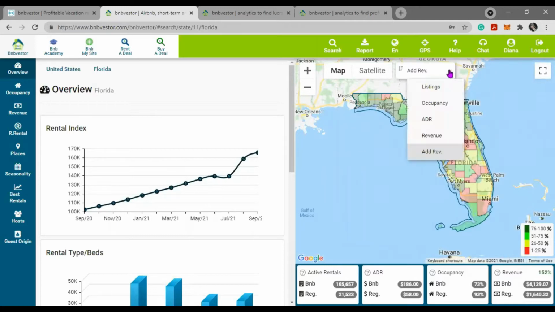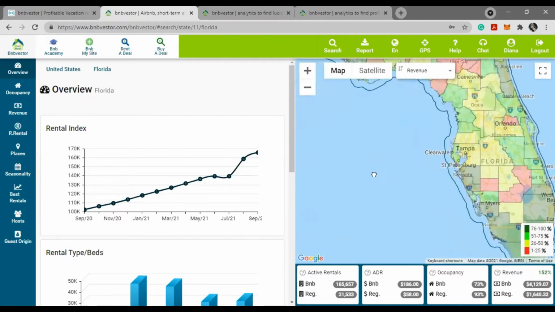The counties, again, you can organize this however you want. If you want to see which county has more listings, which has better occupancy, go for the darker greens. Which one will give you better revenue? Again, go for the darker greens, okay? So you can see, of course, this area right here is the most important in Florida for regular